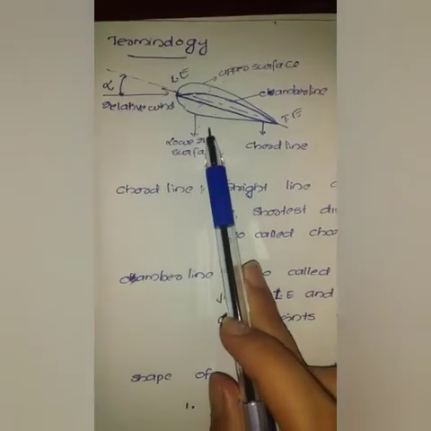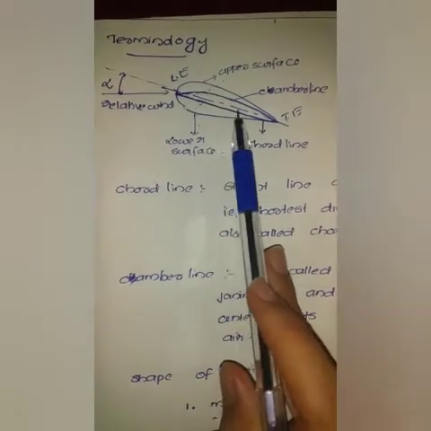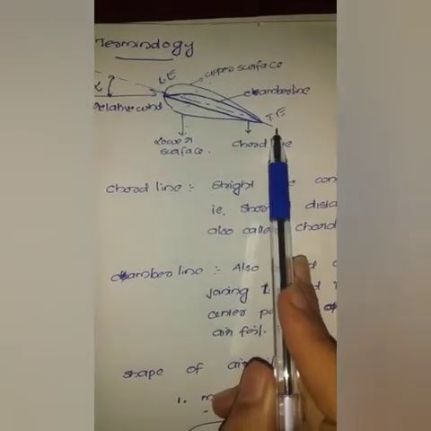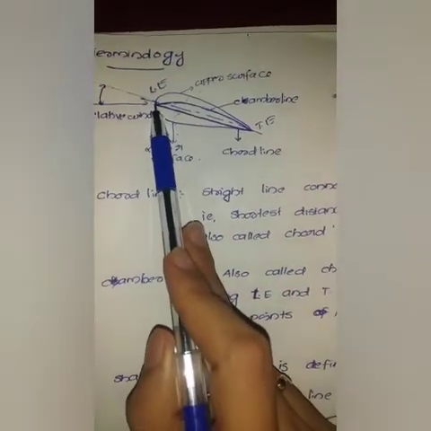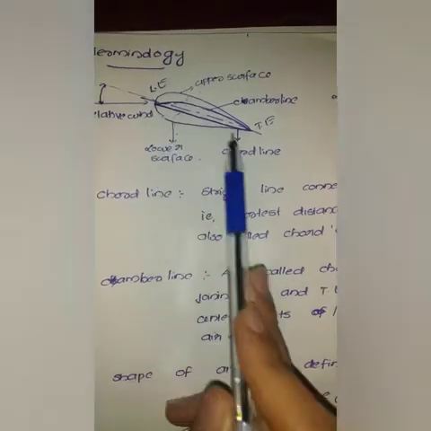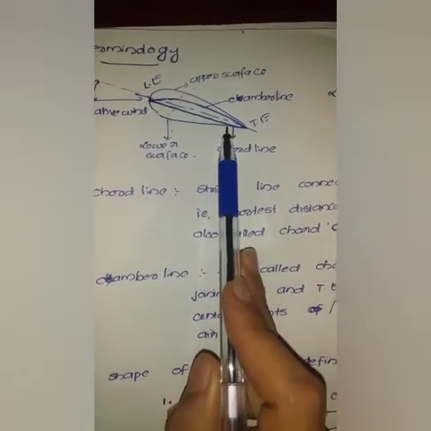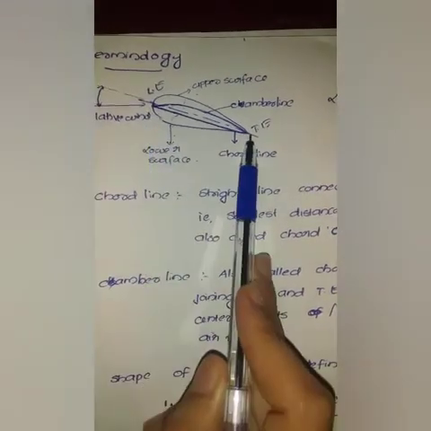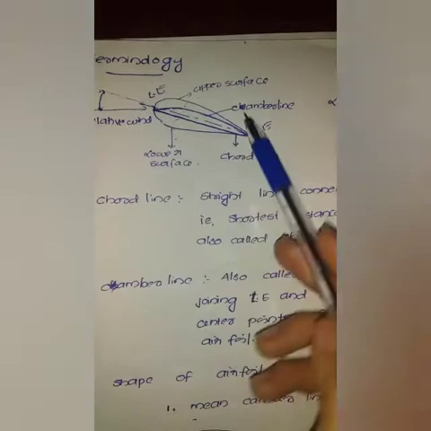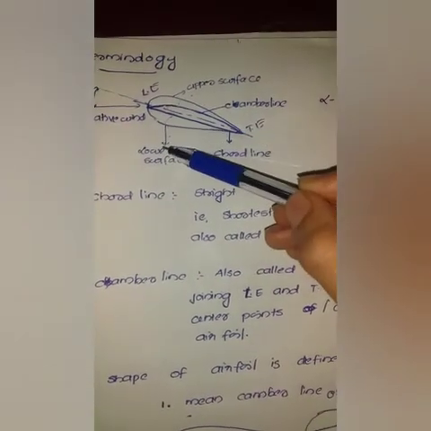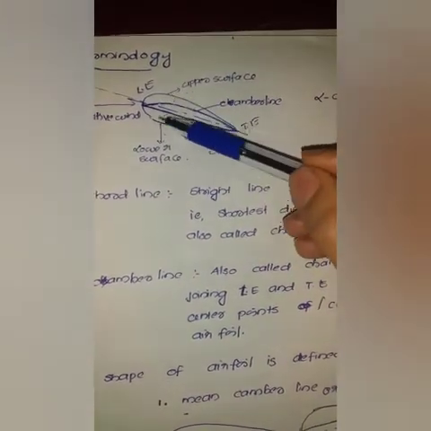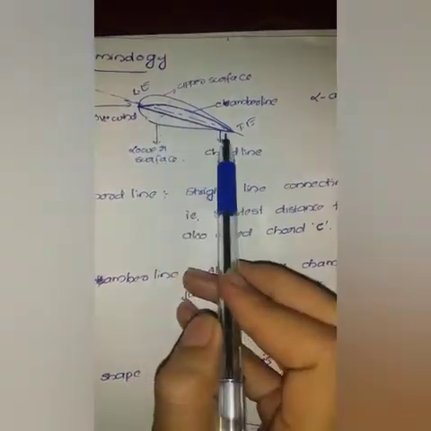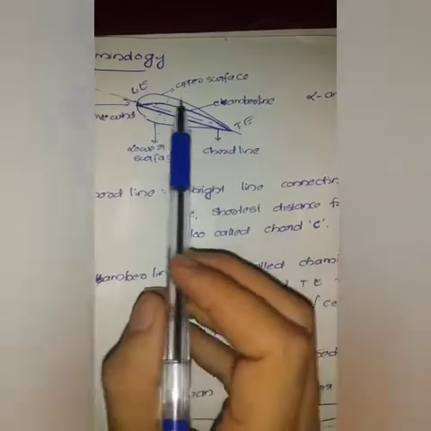Next, we are going to look at the terminologies of the airfoil. This is the airfoil. This is the leading edge and trailing edge. We know that. The shortest distance from leading edge to trailing edge is called the chord line. That is the straight line joining leading edge and trailing edge, from here to here. This is the chord line. And there will be an upper surface and a lower surface. There will be midpoints between the upper surface and lower surface. By joining all those points, we get the camber line. That is, it passes through the